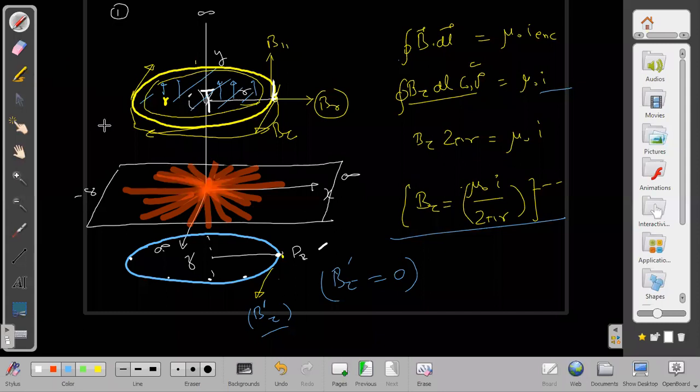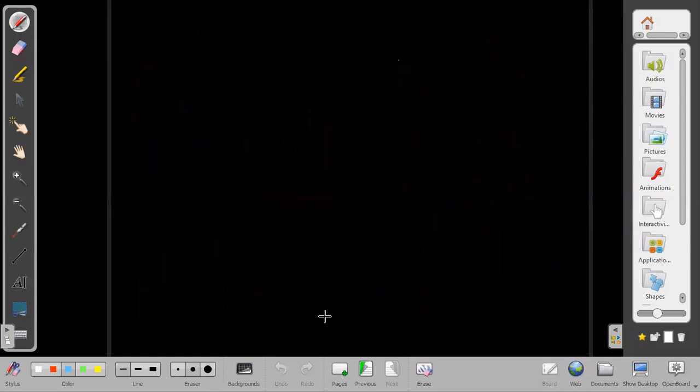I will be coming back to this part again. Discussion on B parallel and B radial is still pending, but we are able to obtain, and let us satisfy ourselves with this for the timing, that B tangential is 0 in one case, and in the other case, B tangential is just mu naught I by 2 pi r. That much is enough for the timing. After some time, I will analyze what happens to B parallel and B radial. But before that, I have more pressing things to do.